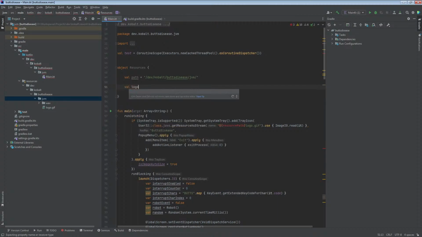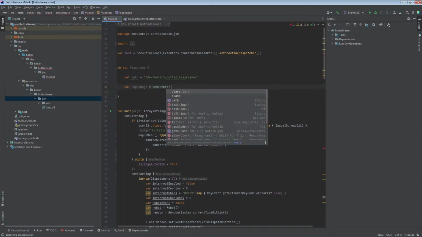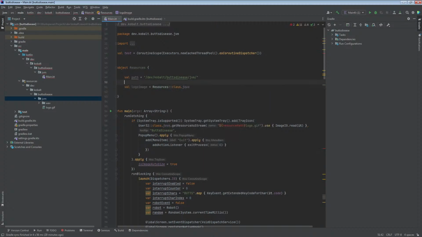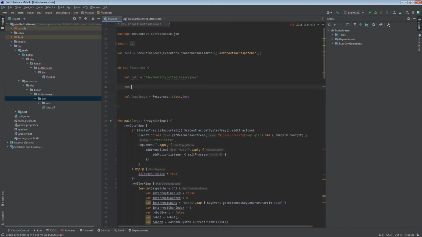So for the logo image, it should be defined like resources as Java. Actually, let's make a function instead. Resources class Java, then get resource stream, and then the path, along with